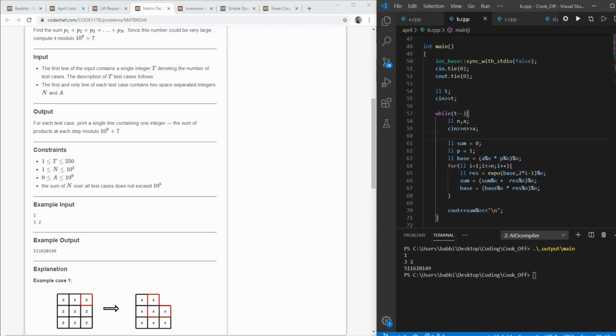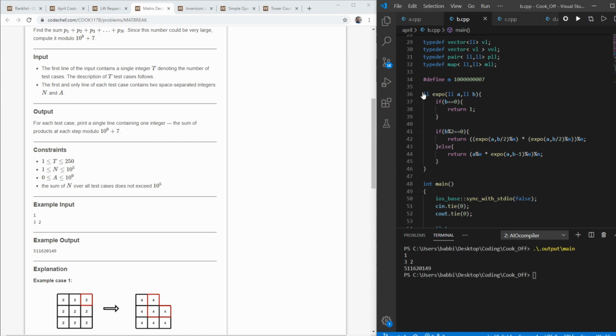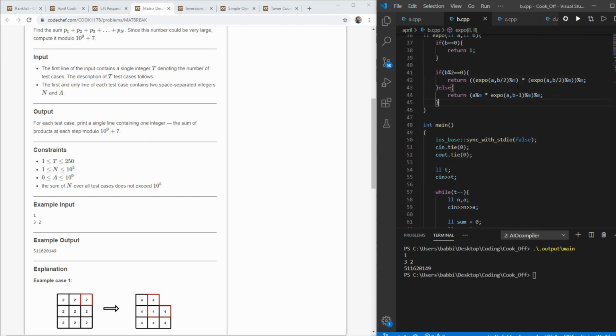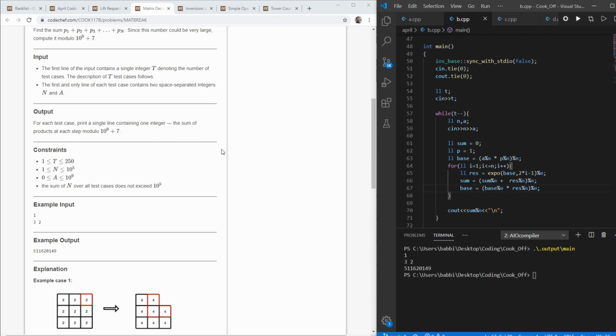Okay, so now as you can see here that in the code, first of all, it is a basic exponentiation which works in O of log n time, and I also applied mod here, so be aware of it, because I got a wrong answer because of the mod. At every step it is recommended you should apply mod m, because it is clearly stated that you have to output the result modulo the number.